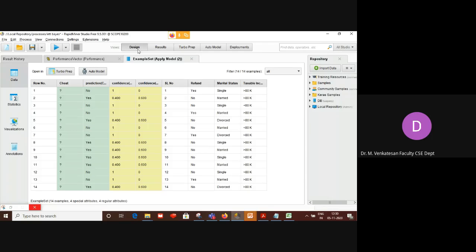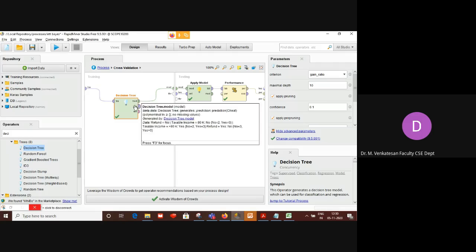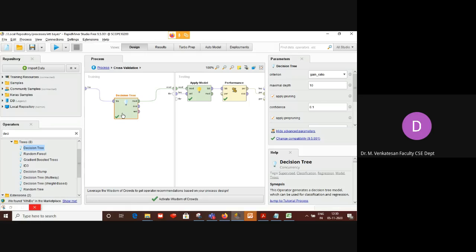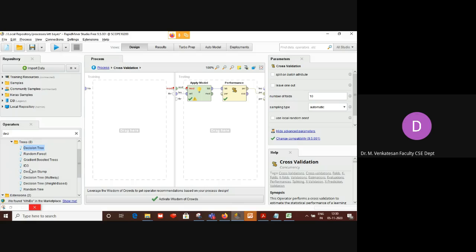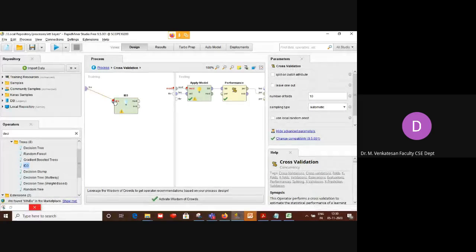Okay. So I have only changed the algorithm, but this accuracy is very poor, right? The accuracy is very poor. And I will use ID3. Like that you can choose random forest.